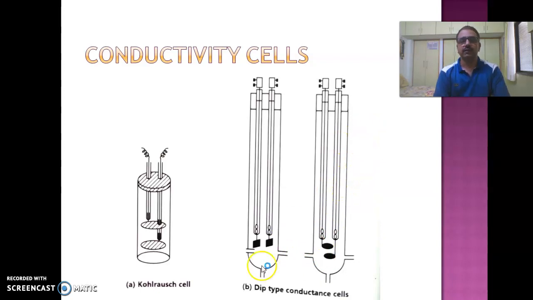If we see these two blackish electrodes, these are actually the platinized platinum black electrodes, and these electrodes are cemented through a very fine glass tube, and at the top end an ebonite cork is fitted, and there is a provision for electrical connection outside, and this whole assembly is cemented in the Pyrex type glass, and there is a provision for openings at the bottom so that the electrolyte enters into the cell, and the most important thing is that the distance between these two electrodes is very important, as well as the area of cross section of